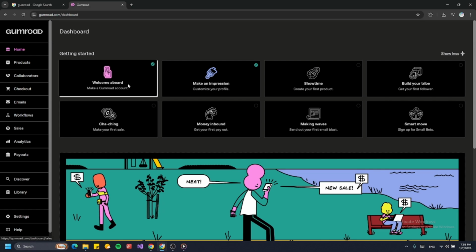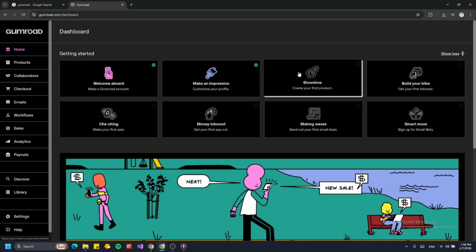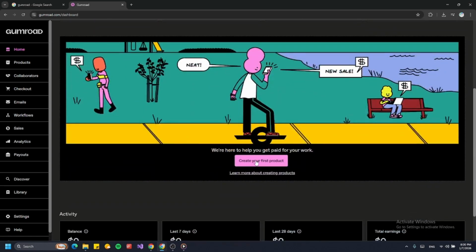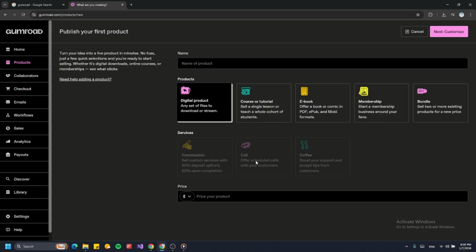Once you've entered in your email, you then need to verify it. I'd recommend you just do that first and get it out of the way. Okay, so now we've got our email confirmed, we can now go ahead and create our first product and upload our digital product. So go to Create Your First Product, and then you can go ahead and enter in a